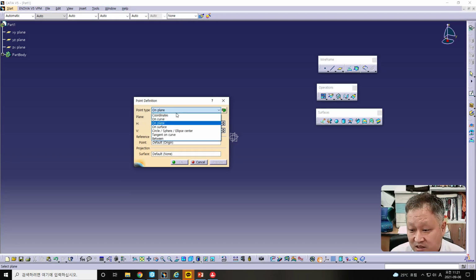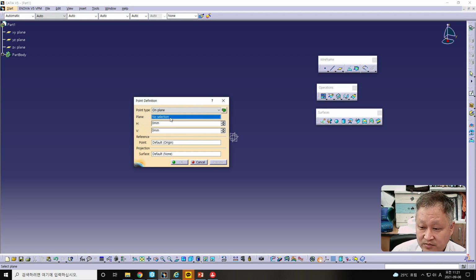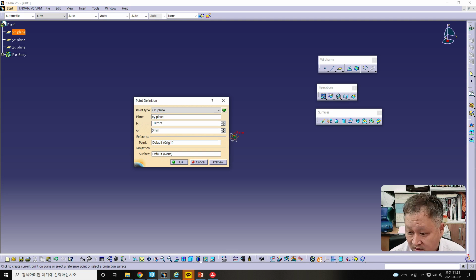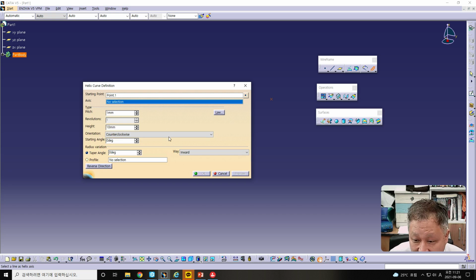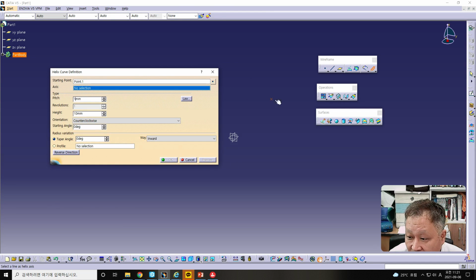The type should be changed from On Curve to On Plane, and the plane should be the XY plane first. This is the XY plane, and in the height value, minus 100 millimeter should be input, and the OK button is here. Then the point is generated 100 away from this plane. And then next,